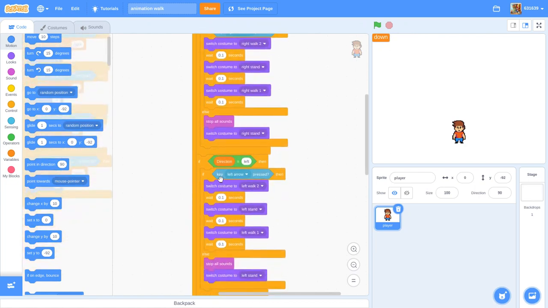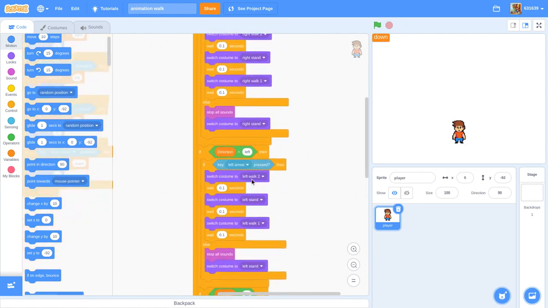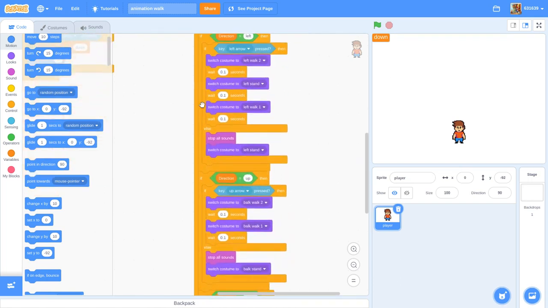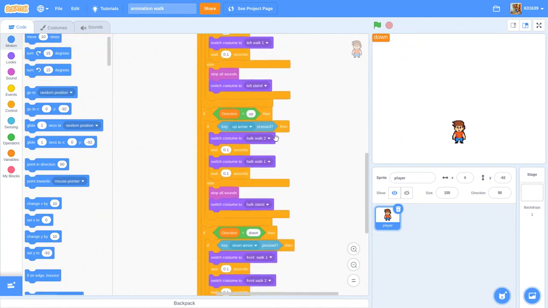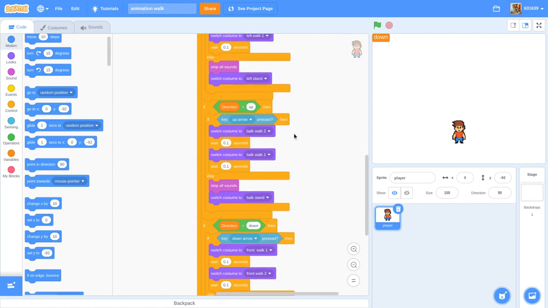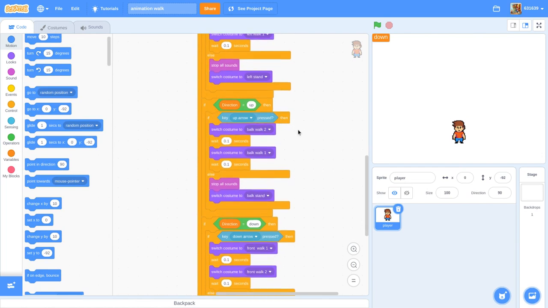Now that is just with the left arrow, and it has all those blocks, but the costumes aren't the same as this. So it's just the same, and then the same here. And then there's if then and if else. And then here, this is where it changes. It's the same thing, but if you see here, there's no switch costume to back stand and then another wait